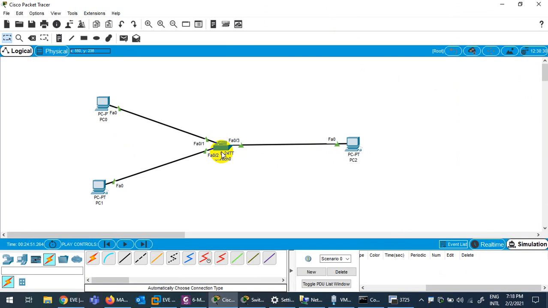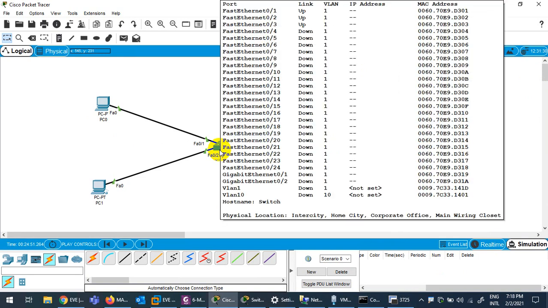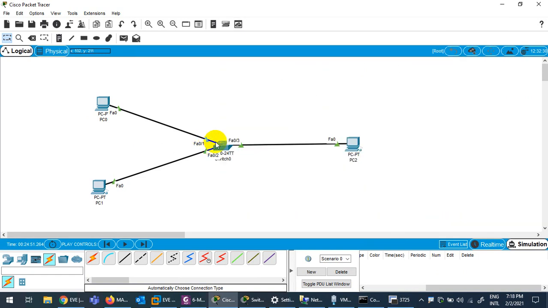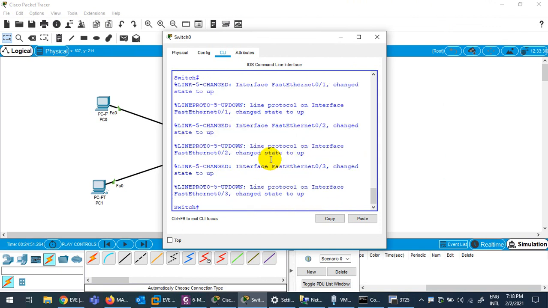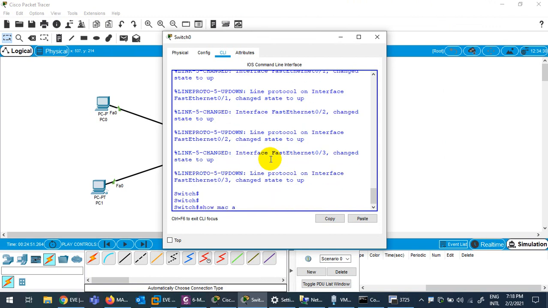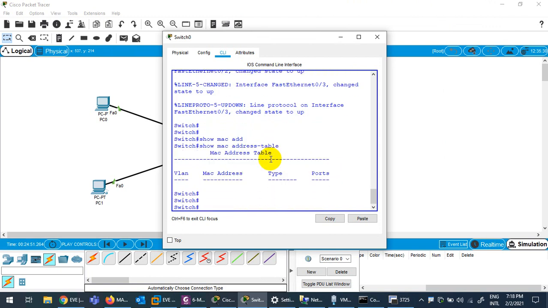They do communication based on MAC addresses. But if I go, we will discuss this a bit later. Show MAC address table. What is the MAC address table? We will discuss it a bit later. So there is nothing. This switch says, I don't know anybody, because we just connected all these PCs.